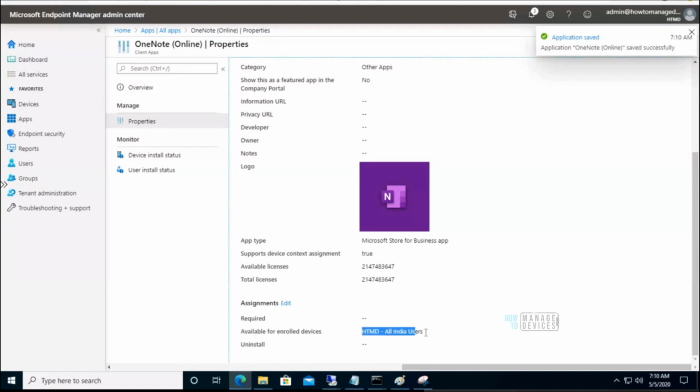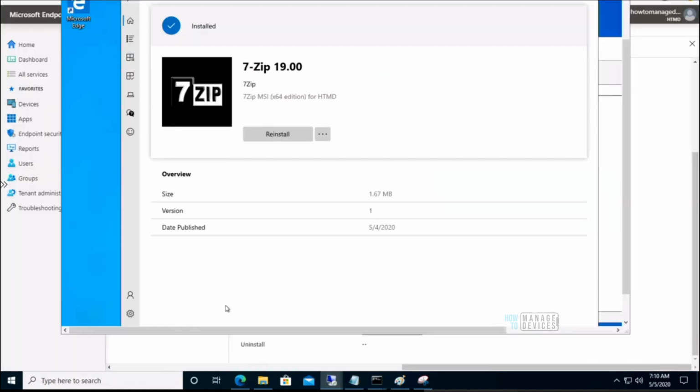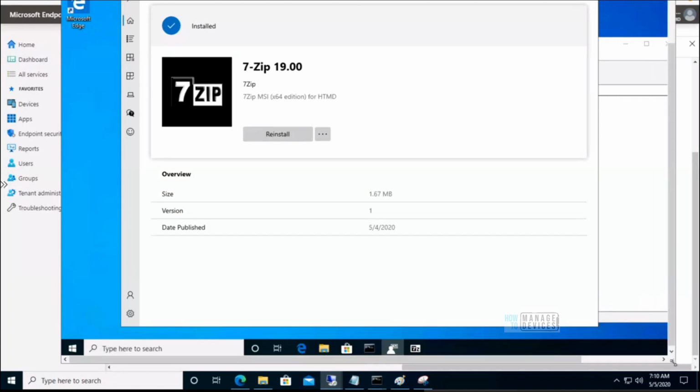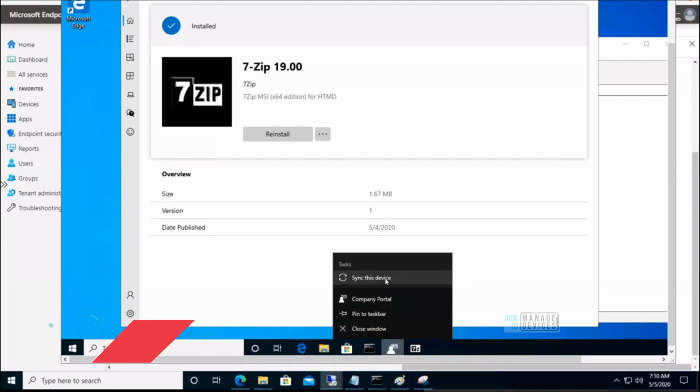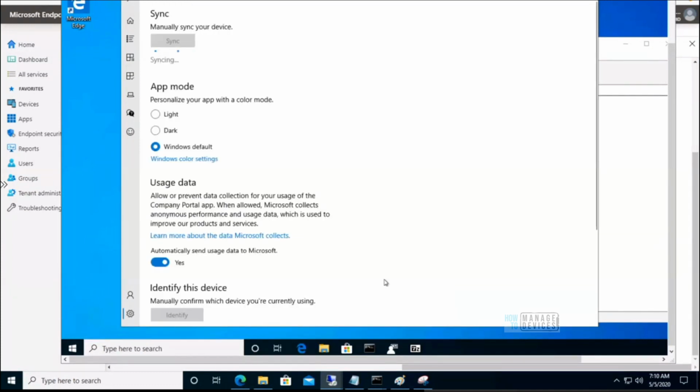Now let me go back to this device, and as I showed you yesterday, let me try to sync. How to sync? Right click on the taskbar icon of company portal and sync this device. You don't need to go to the settings in company portal and manually sync from there.